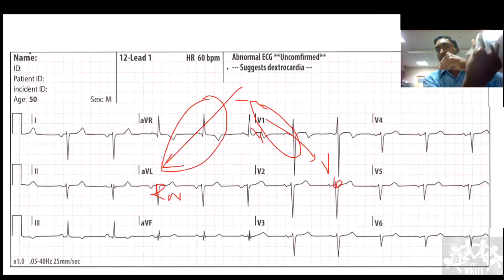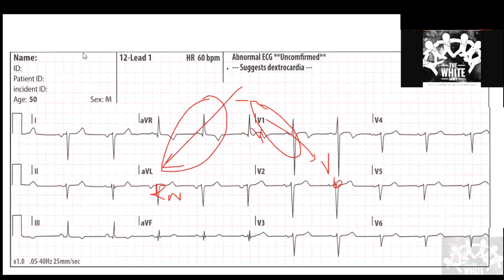That means the P wave is going away from me, so it creates a negative wave. The second wave that is going to be generated is the QRS. Let's say the whole QRS is in this direction. That means the next wave is also going to be negative because it is going away from the lead. So that is why in AVR the P wave will be negative and the QRS will also be negative. Clear? I hope it's clear.